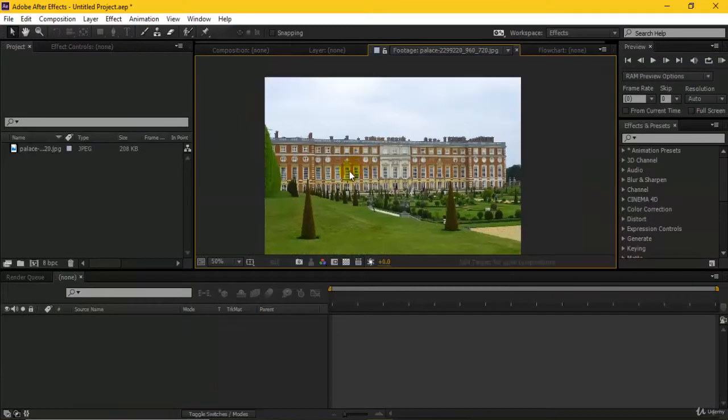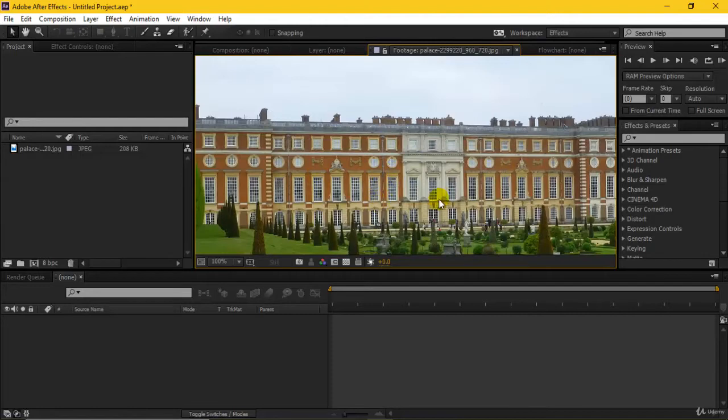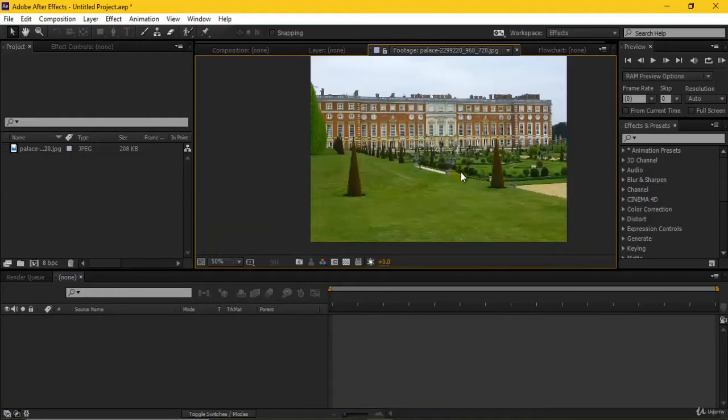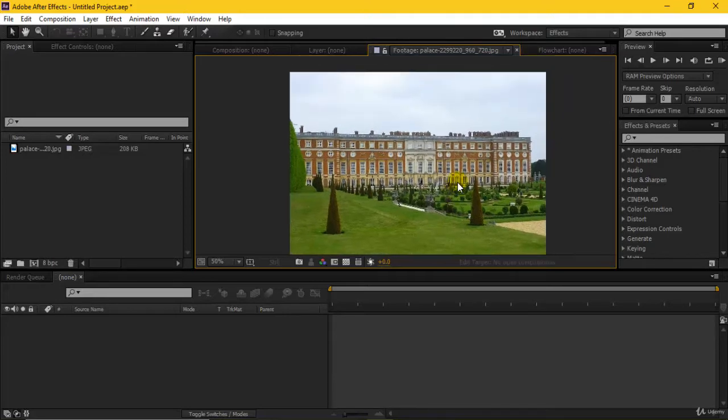What we'll be doing is replacing the sky over here. We'll be turning this down to a night scene, and we'll also be adding some bluish tint in order to get that night scene, as we are entirely converting this single image to a night shot. And also we'll be adding some motion which will make it look like this was a film.